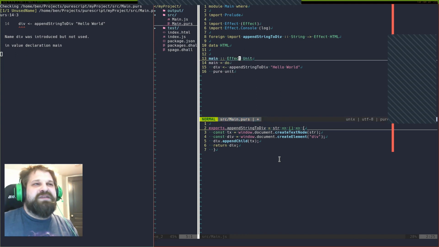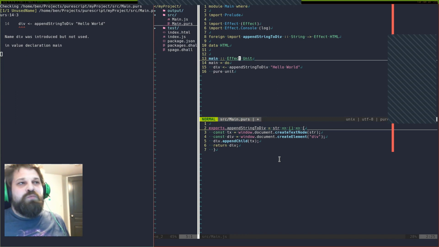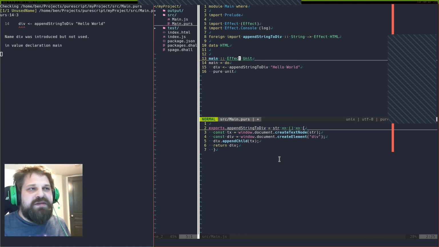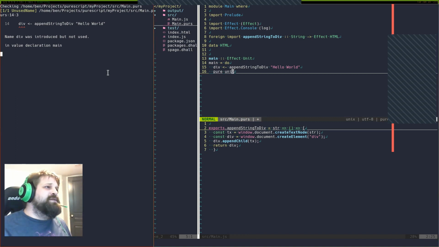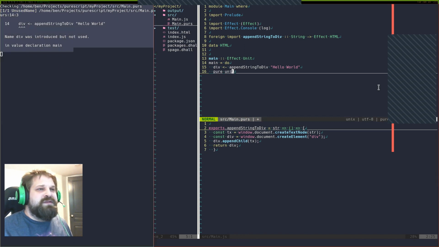It means an empty record, you can think of it, or the empty row, so to speak. So it means something distinctly different in PureScript than it does in Haskell, which is why we have this written type unit, as opposed to a symbol, and why we have the term level unit as well. For very similar reasons, true and false are also lowercase in PureScript. All right, it's happy at the type checking level. It's just grumpy because we haven't used div yet.